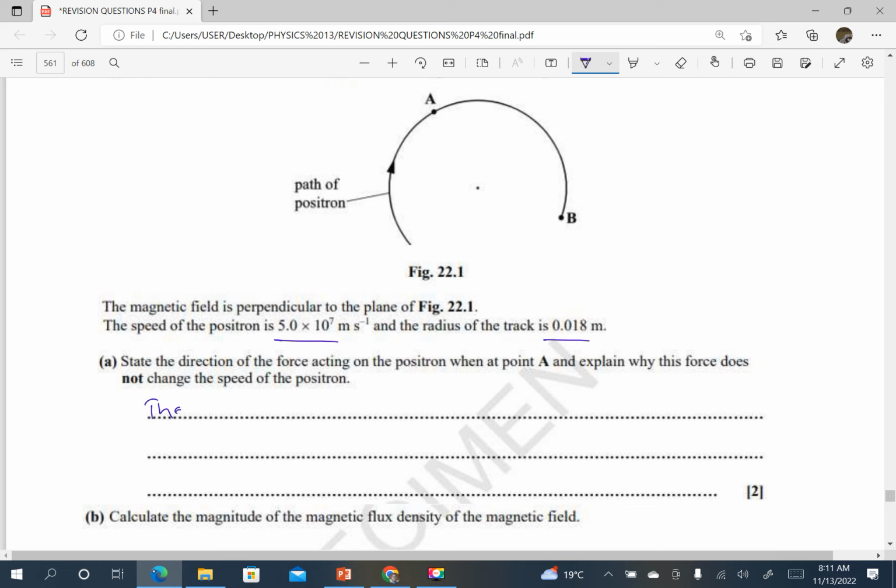So the force is towards the center of the circle and is perpendicular or normal